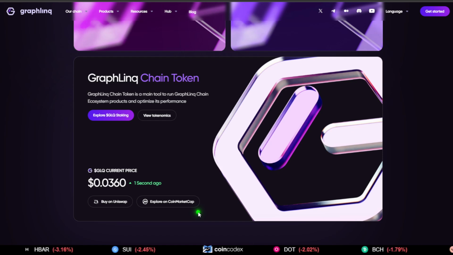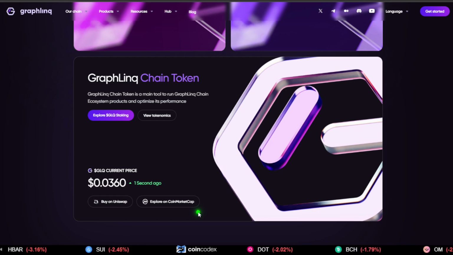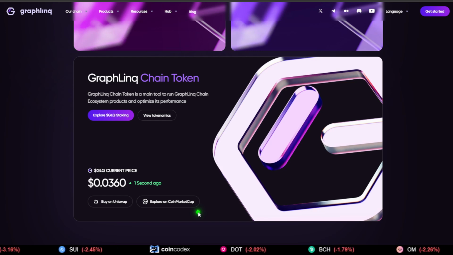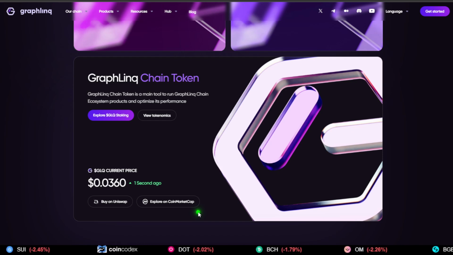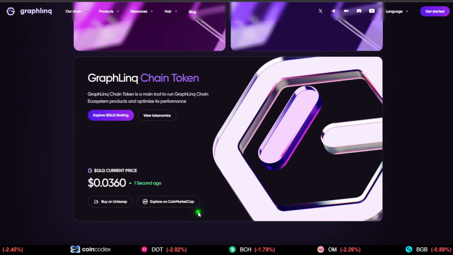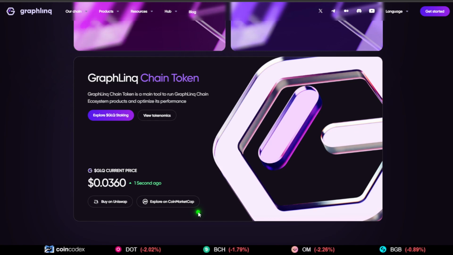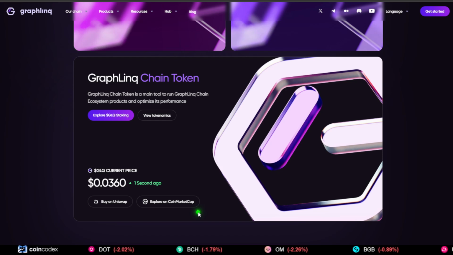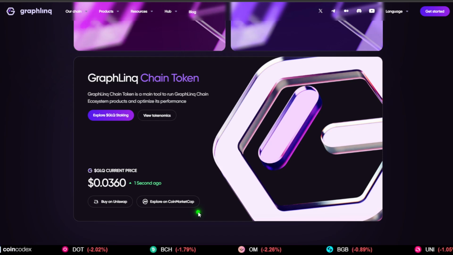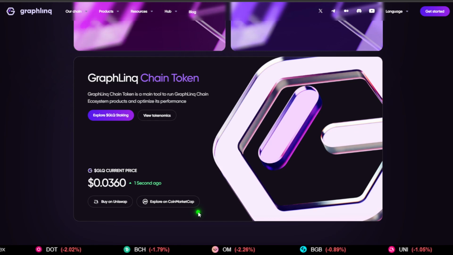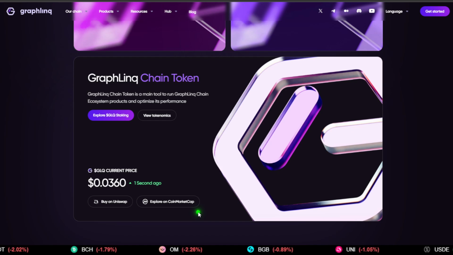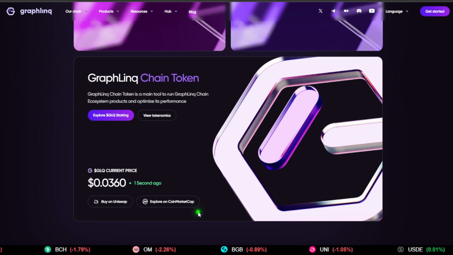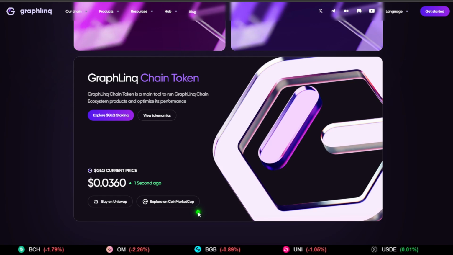However, what the Graphlinq team does provide on their website is within the realm of responsibility. So I urge that the Graphlinq team does not rely on third parties, and in fact provide all these tokenomics in a very concise, clean way on their website using some sort of GitBook, or update their GitBook to include this stuff, because there's a lack of transparency with regards to their numbers all across the board.